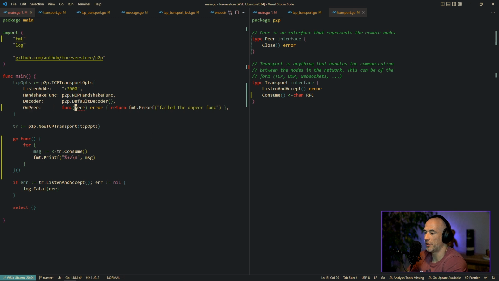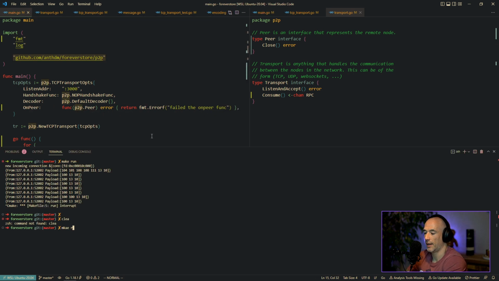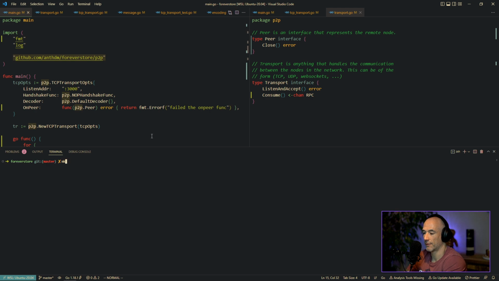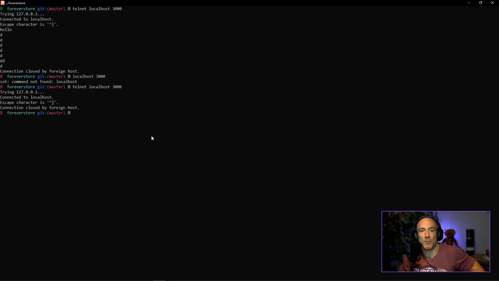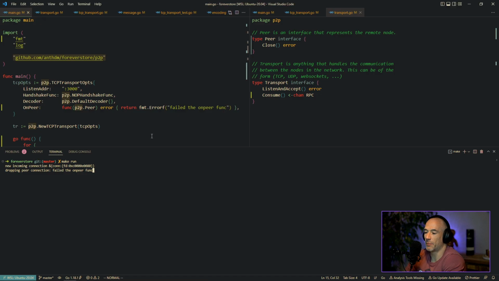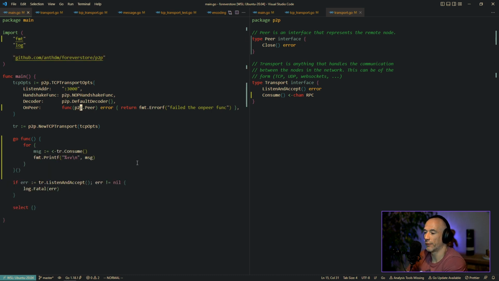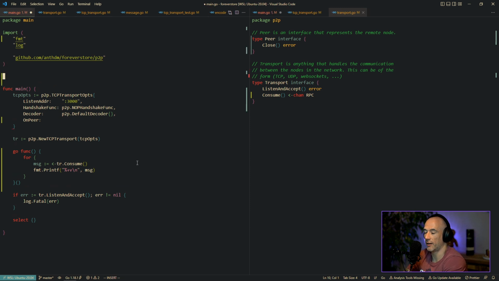There should be a peer-to-peer peer, like this. And we run this again. Right? And then we connect in localhost 3000. Wait, let me do this. Right? It instantly drops a connection. So we connect it, and suddenly telnet just exits out. That's because here, dropping peer connection failed the on peer func, which is nice because that means that our logic is working. And of course, we could say here,